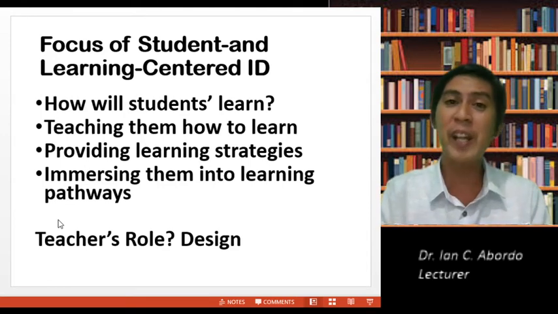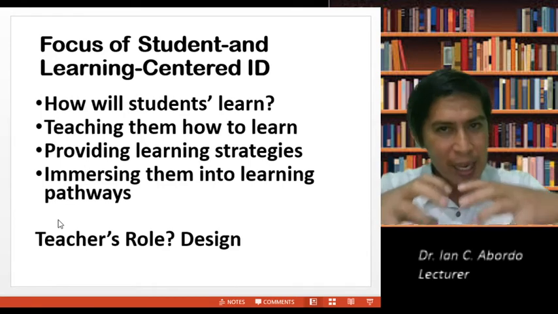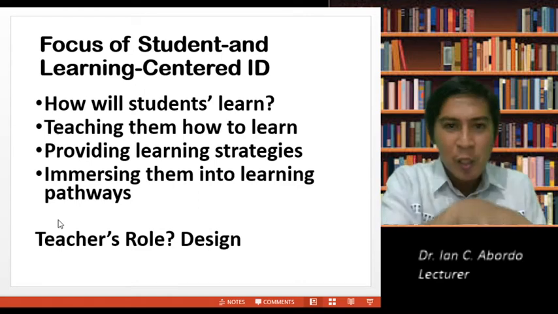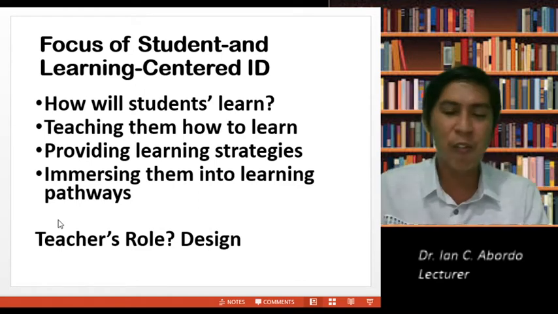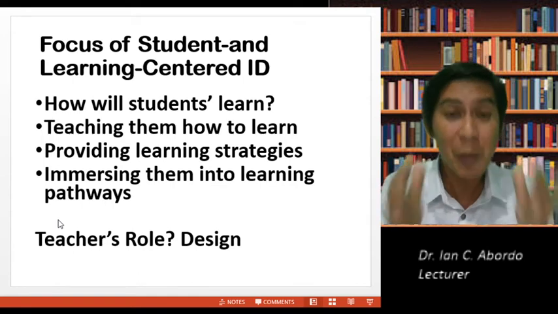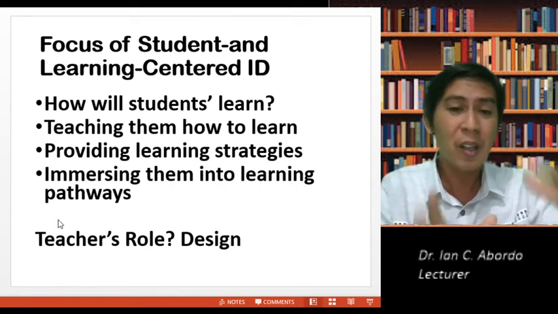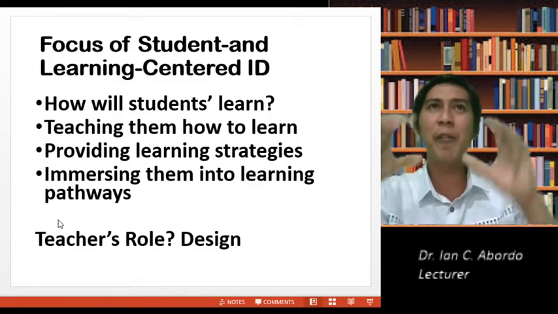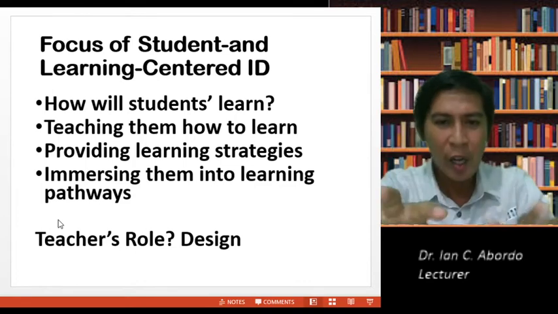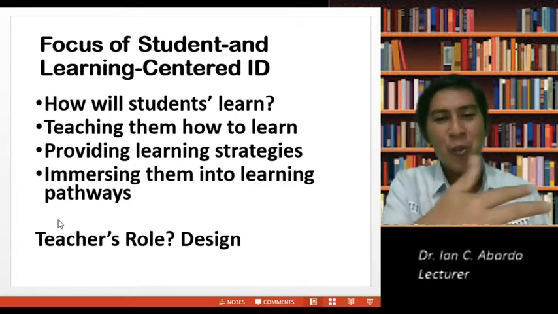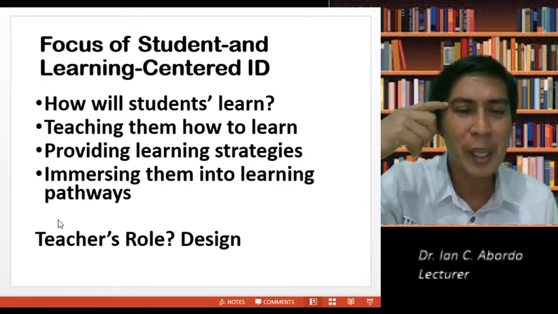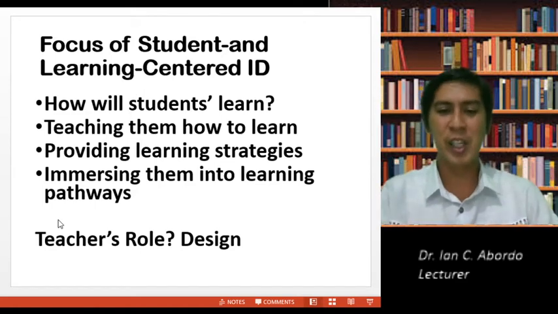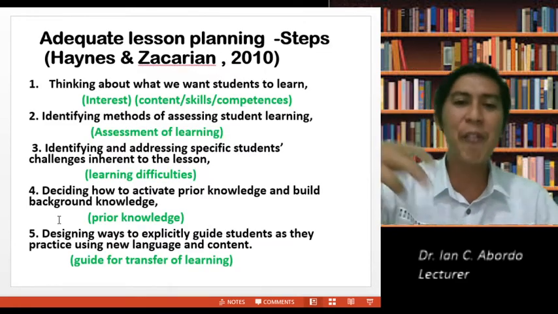So the role of the teacher here is designing. We design, and when the students read the module, they will learn. They will walk through pathways of learning. They will not just be taking tests. They will not just be reading content there. They have to go through learning strategies. So we have to design it carefully in such a way that when they work with the assignments, they will go through learning pathways, consequently developing thinking, emotions, values, and so on, from cognitive to affective to psychomotor.